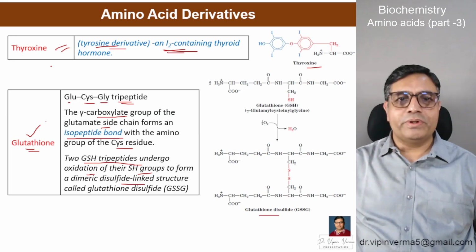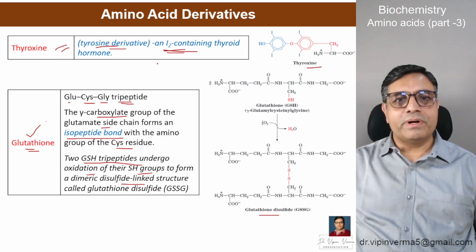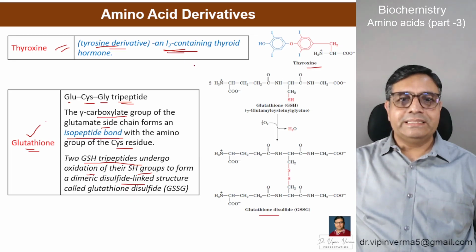Thyroxine is also nowadays available as a medicated supplement, medicine, particularly for people who have hypothyroidism, so they are given this thyroxine, right? So this was the discussion about these uncommon amino acids. I hope you enjoyed this, but you learn them for your competitive examination. They are important, and